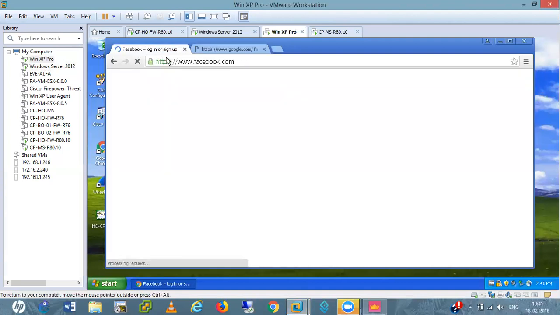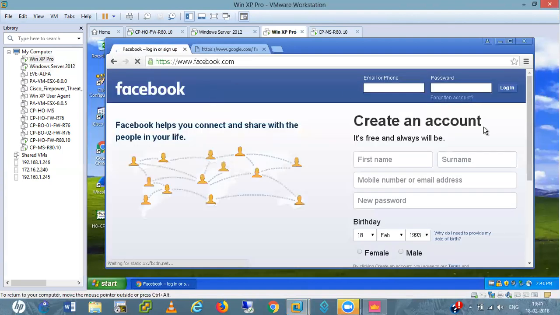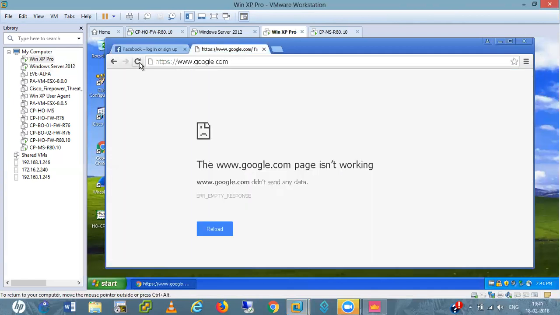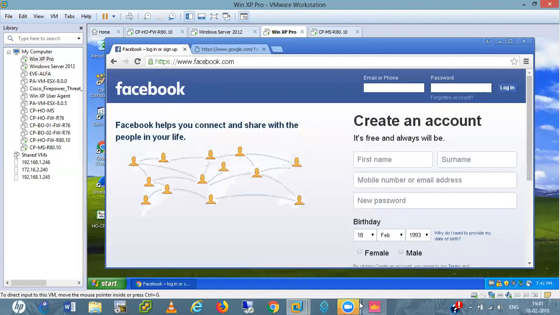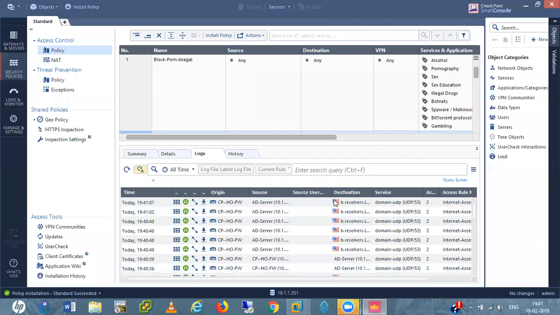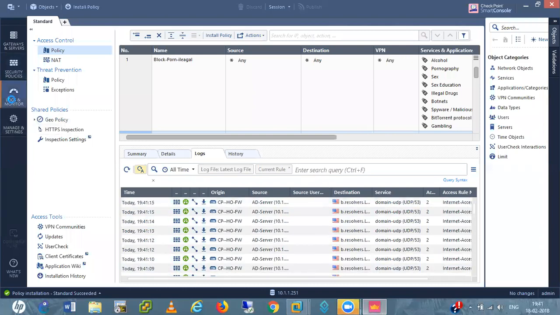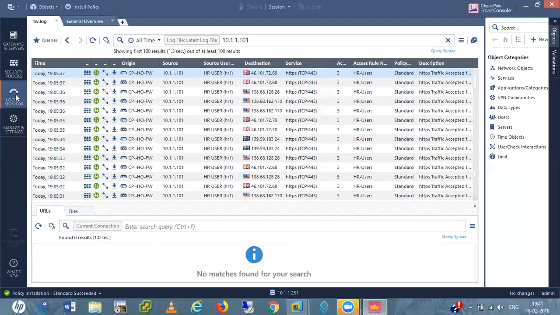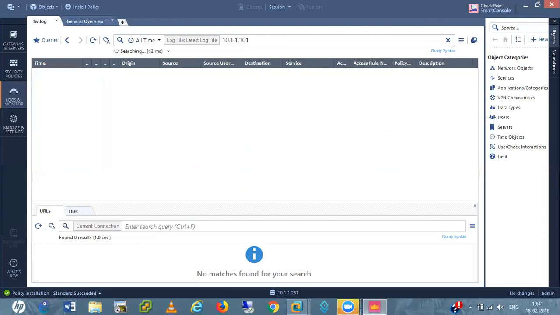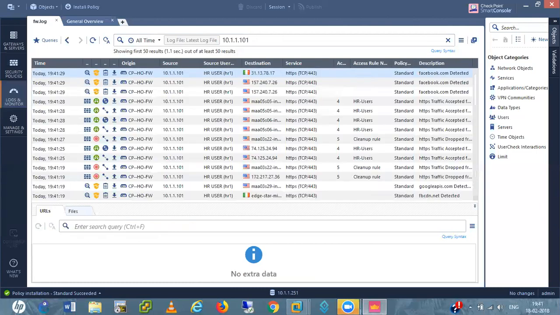Now we are getting access to Facebook for HR users. And I am not able to access even Google for HR users. If I check the logs here, now everything is working. If I press enter here, see, it is detecting, right?